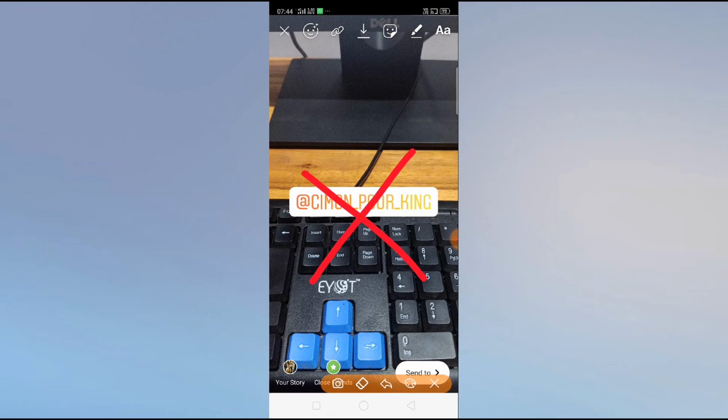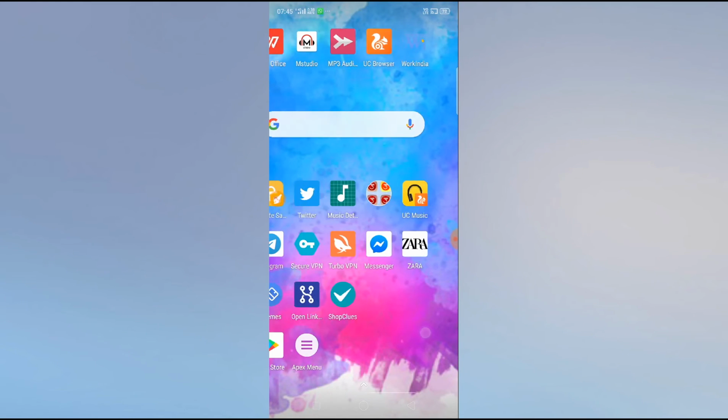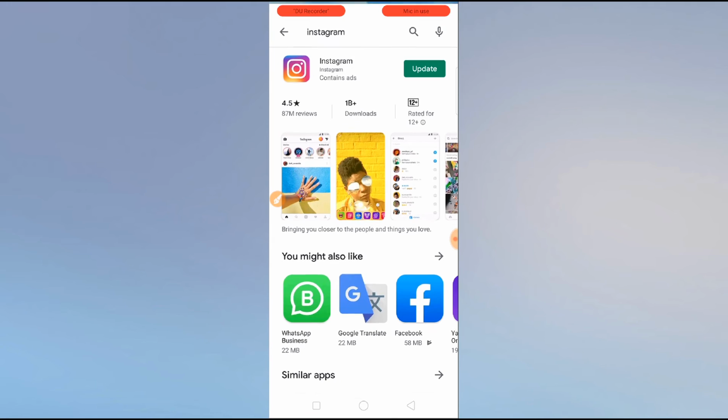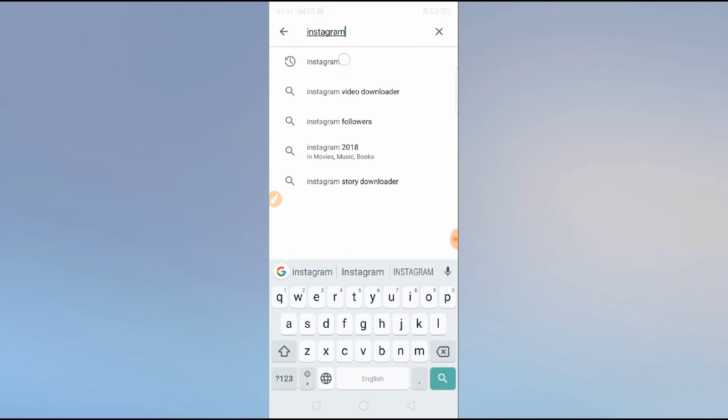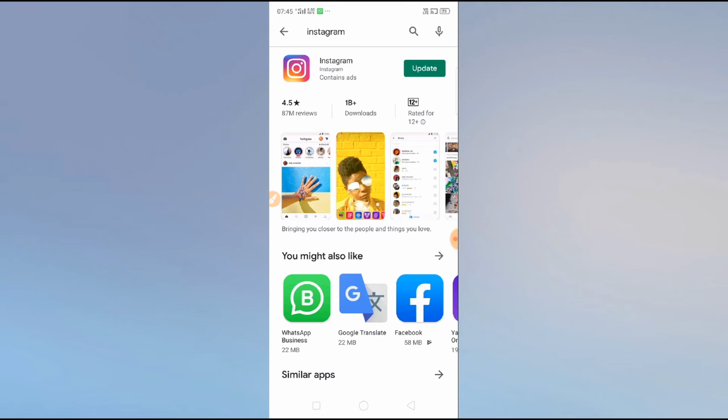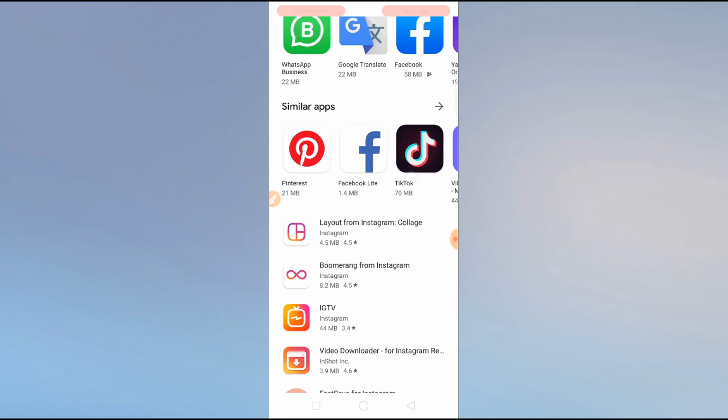In this video I will show you how to fix Instagram story mention option not working. So if you are finding it difficult to mention someone on your story, then what you have to do is, first of all, go back to your menu and then go to Google Play Store. Just search for Instagram, and then you can see here they are asking for an update, so you have to update your Instagram. And after that, scroll down,